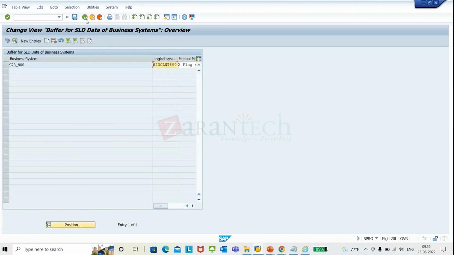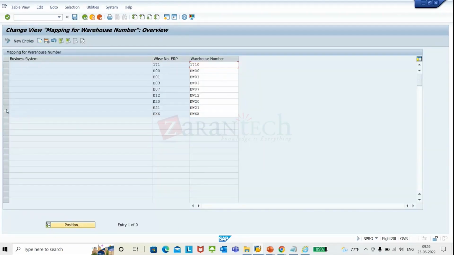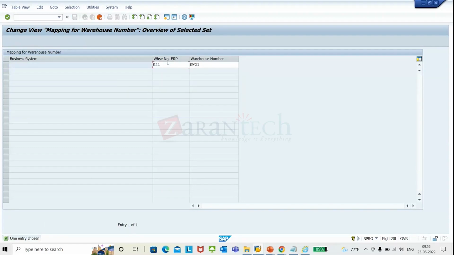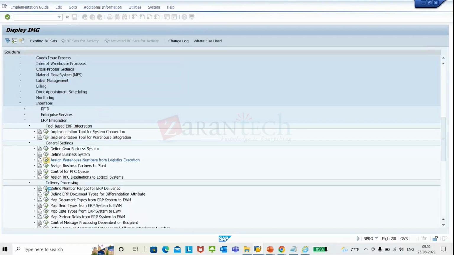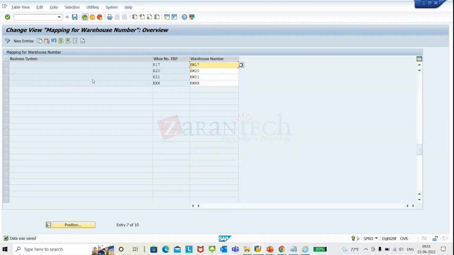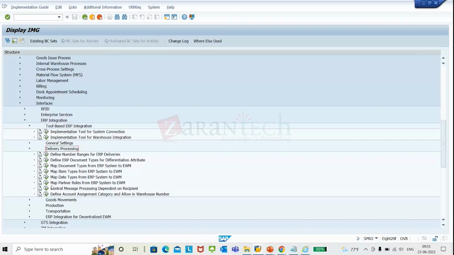Now the next step is assign warehouse number, right? This is where I connect my intermediate warehouse to my main warehouse. So I just say E17 is pointing to EW17. All right, done. The next thing is, you could understand, define own business system, and this is your local system, and assign warehouse number, the intermediate warehouse number to the actual warehouse number, and we will just move on to the goods movement,